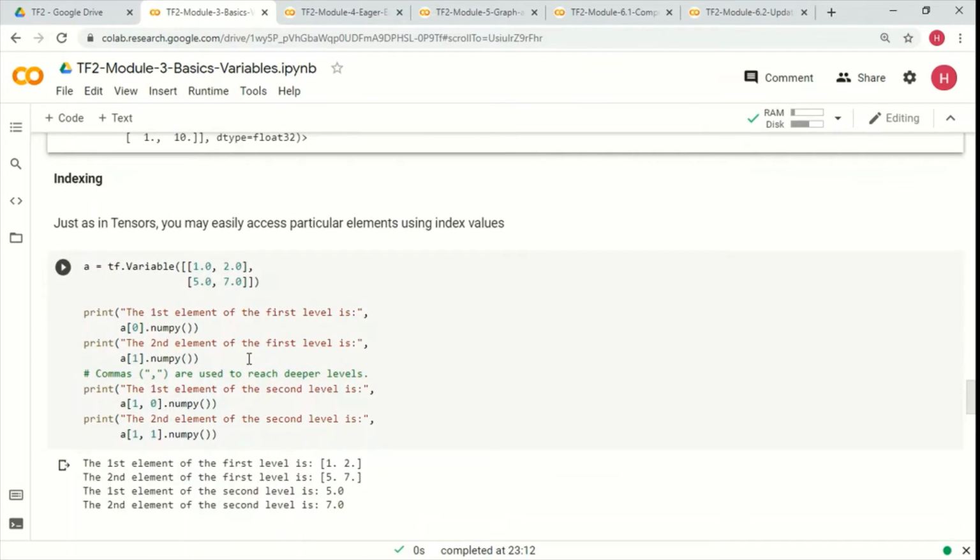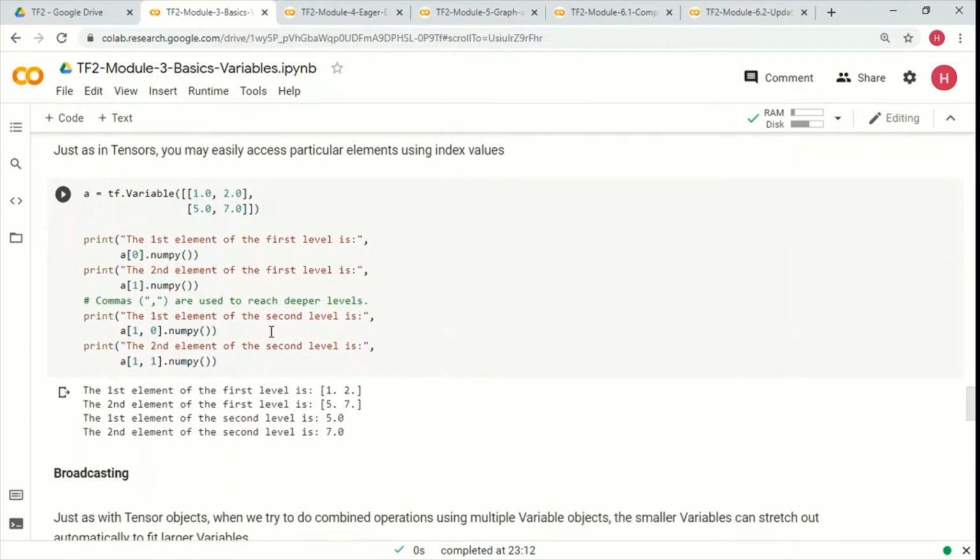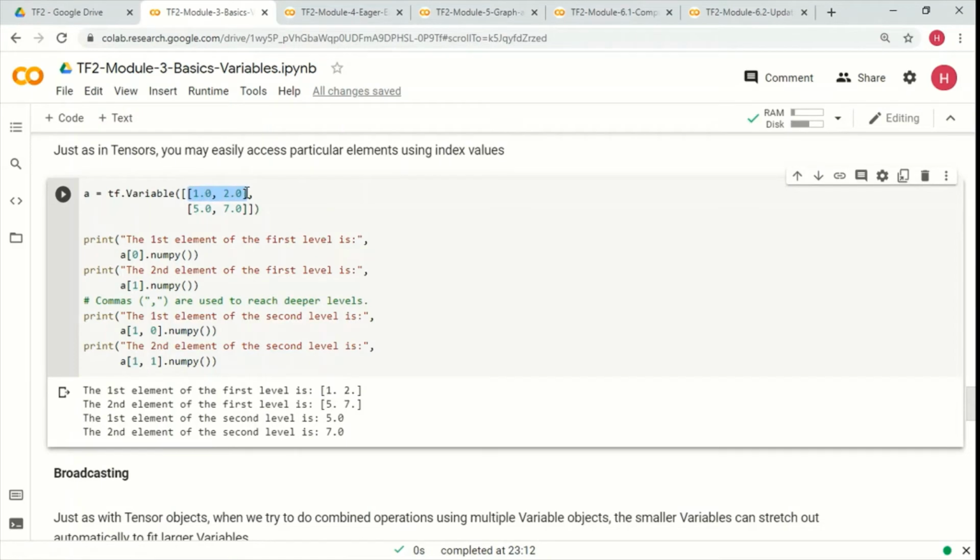And once again, in tensors, we also have the concept of indexing in the variables. Once the variable is created, we can index the values. So something like a0.numpy, the first element at the first level. So this element, from here to here, 1 and 2, first row.